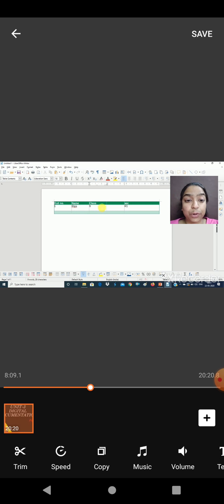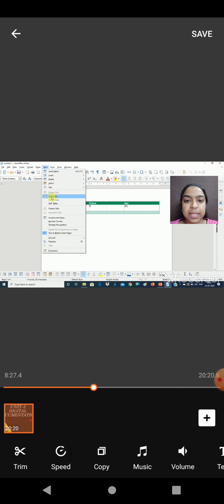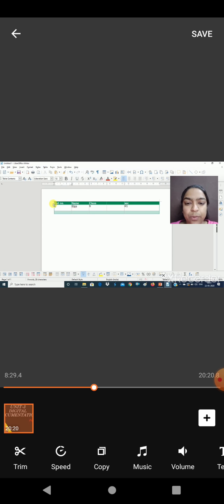And if you want to make some changes in a particular cell width or in a heading, then you can also apply some changes in it. And if you want to make a copy of that table, then you can copy that particular table. Firstly, you have to select this and click on the table copy.